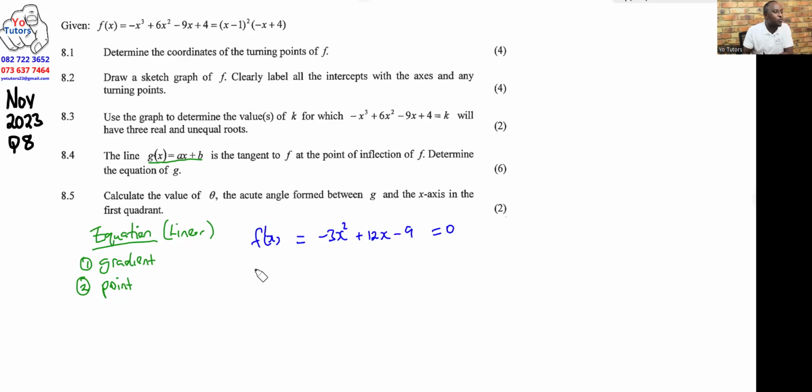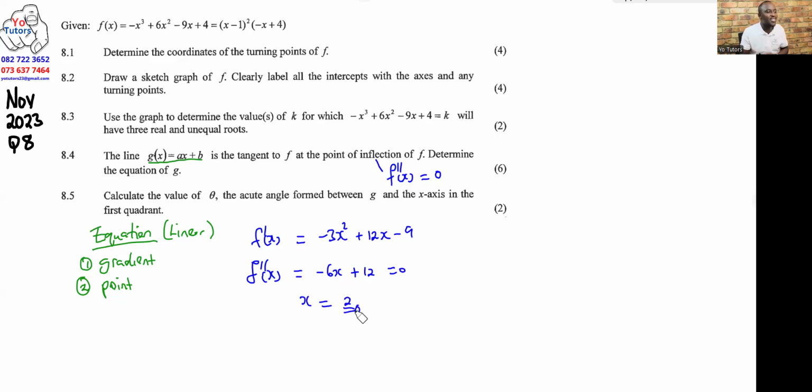So now let's look at the second derivative. Because we know that at the point of inflection, the second derivative is equal to 0. This is what we do to find x. We are only doing this to find the value of x. So this is going to be equal to negative 6x plus 12. If we equate this to 0, we're going to get our x as equal to 2. So our value of x in this case is equal to 2. Then what do